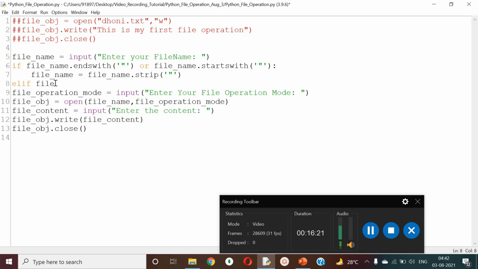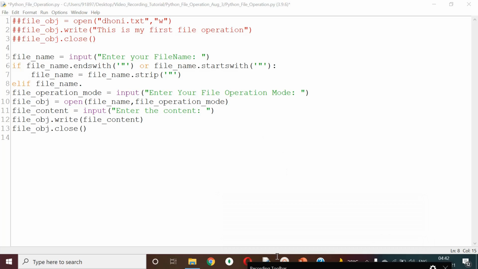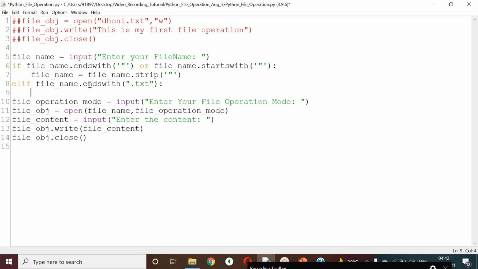So you need to check the same thing. If file name dot ends with .txt, again I'm going to strip that. What strip? R strip. R strip means only strip the right side.